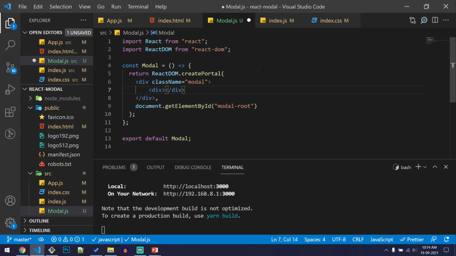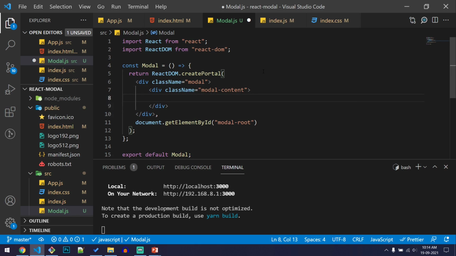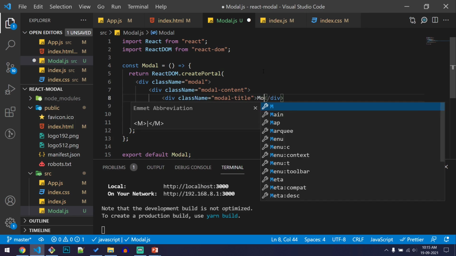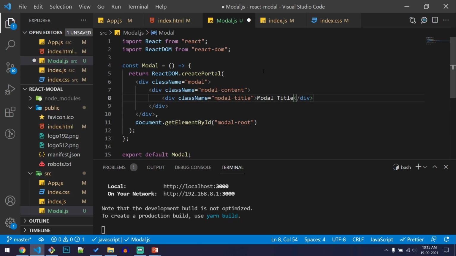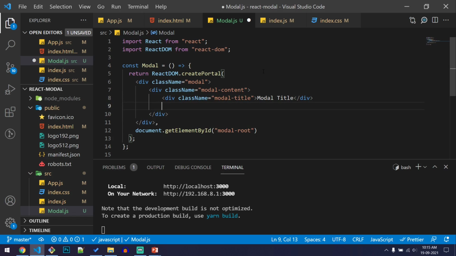I'll add a div with a class name of modal-content, and inside that I'll have a div with the class name modal-title, which will be used to display the title of the modal, and we will have a modal-body.